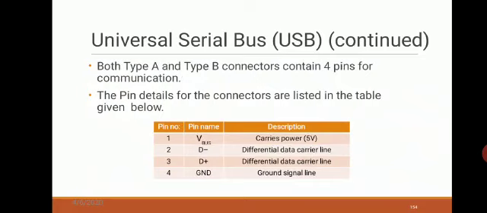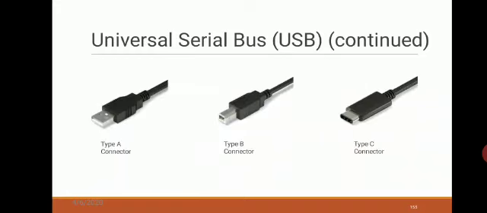So it is having signed numbers, fine, and then it will have a ground. So there are 4 pins for each type A and type B connector. One for the power, one for the ground, one for D minus, one for D plus. So this is how the USB pins have their functions. Fine, so this is what the different connectors are.